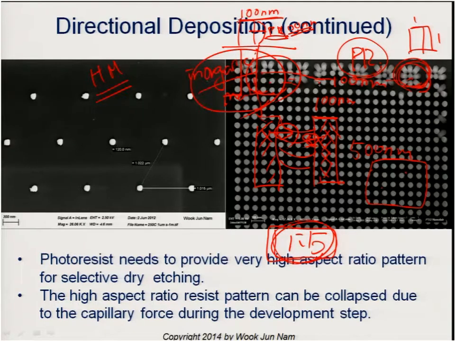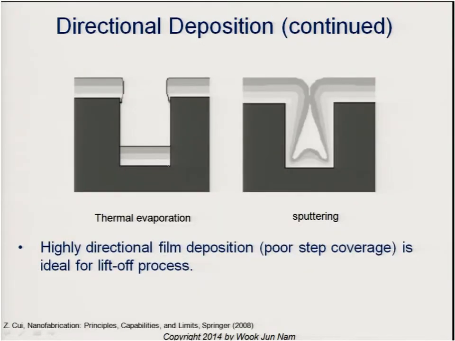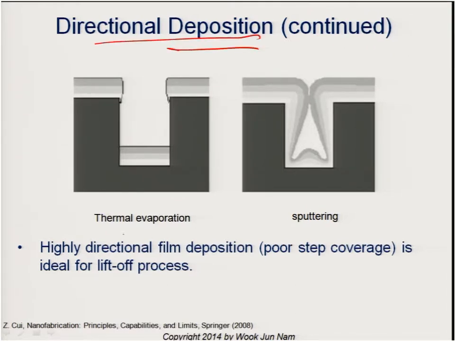So in this case, we need to use a hard mask, but a hard mask is made out of metal or some kind of dielectric. So in this case, what process should we use? We should use a lift-off process, right? In this case, the poor step coverage is a very big advantage. So if we want to use a metal hard mask,